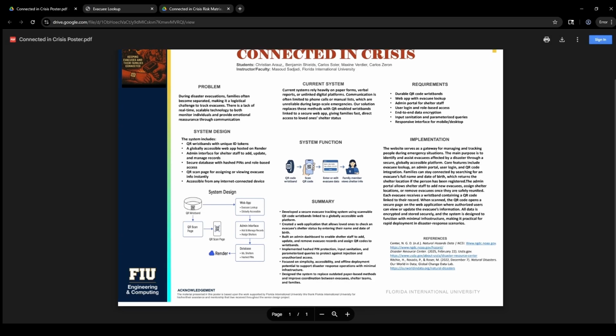So we also have a summary here. We developed a secure evacuee tracking system using scannable QR code wristbands linked to a globally accessible web platform, created a web application that allowed loved ones to check on evacuee shelter status by entering their name and date of birth, built an admin dashboard to enable shelter staff to add, update, and remove evacuee records and assign QR